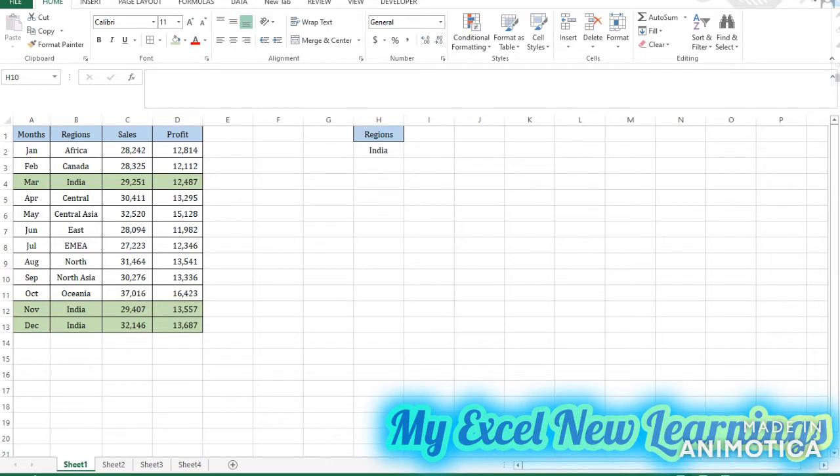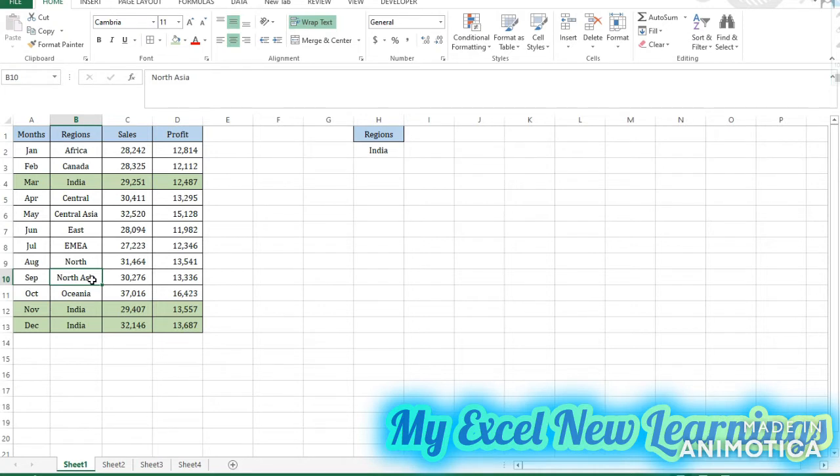Today in this video we will see advanced filter options. Here I have some data and here this is my criteria. So I want to filter the data for region India and I have to copy paste. When we use a basic filter, we have to filter it in place, then copy and paste the data to the other location. But by using the advanced filter, it will sort out as per your criteria and it will paste to the location where we want. So we will see how the advanced filter will work.